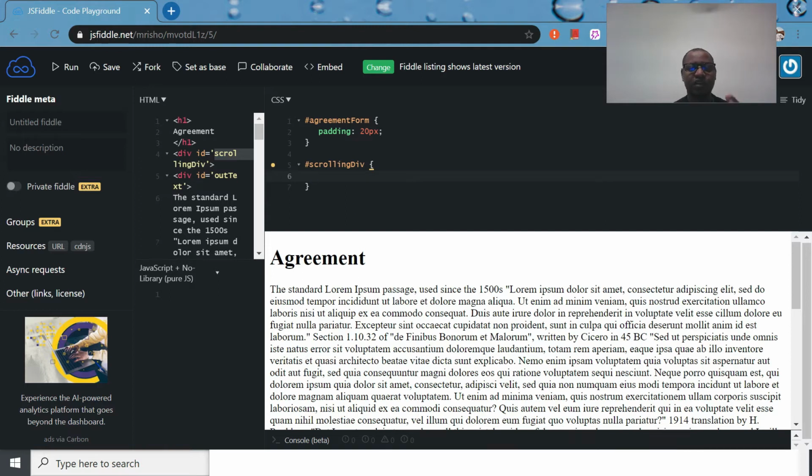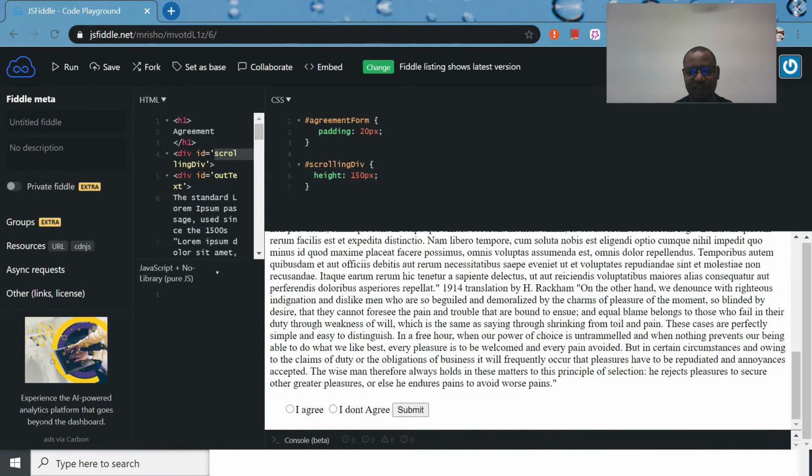First, make sure that its height is kind of shorter than the text. So we'll put height, let's say 150px, and then you know that if you put height like that,